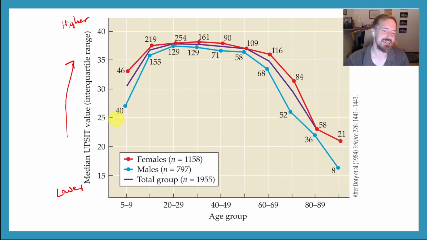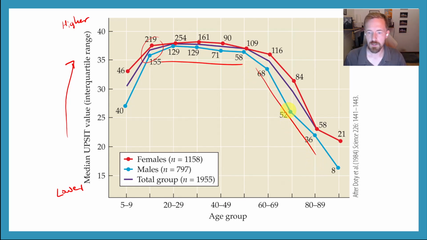How interesting it is that our ability to smell things, you remember I was talking about how hormones play a part in this, that generally as children we're pretty bad at smelling things and discriminating until puberty, and then all of a sudden we get pretty good at it and we stay pretty good at it until we get older, which again, big changes in hormonal cycles as we get older as well.